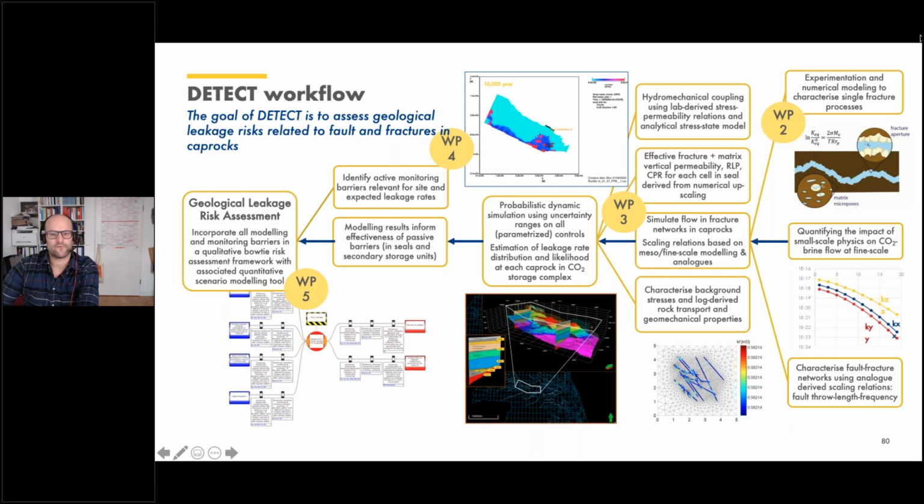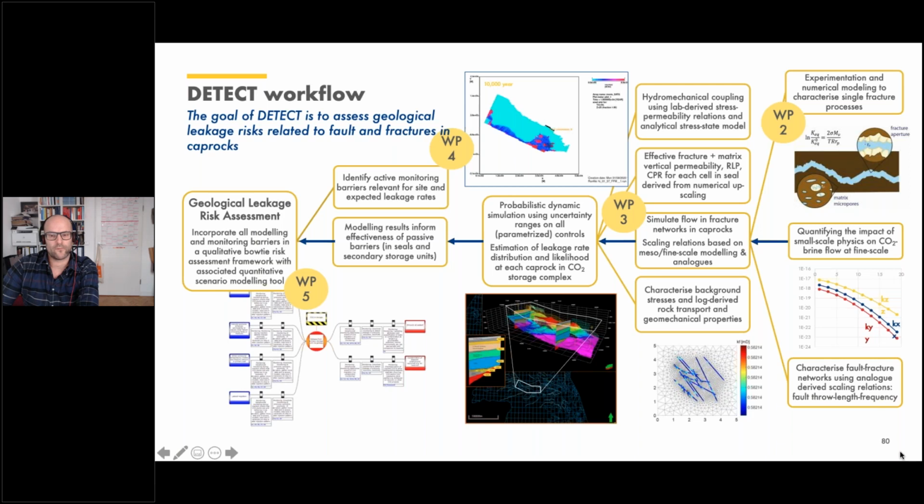On the right, we have work package 2. So the project consists of 4 work packages, 4 technical work packages. Work package 1 is the management. And work package 2 is what I've been working on mainly, the laboratory and field aspects of looking at fault zones, and we are providing input data for the modeling, what Florian is presenting later in this talk, where